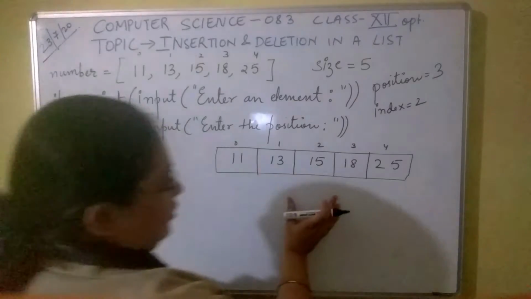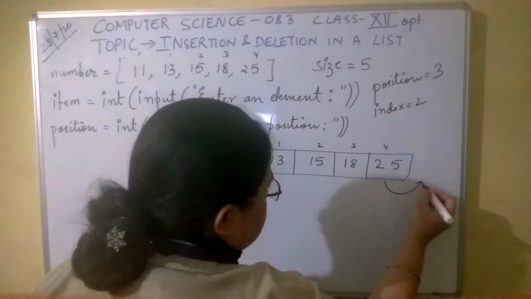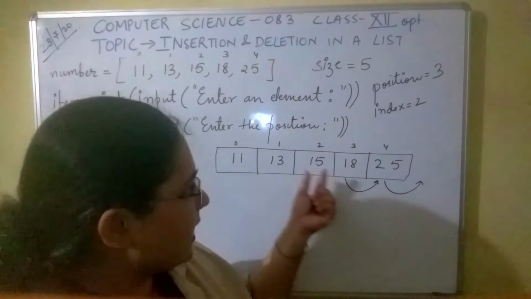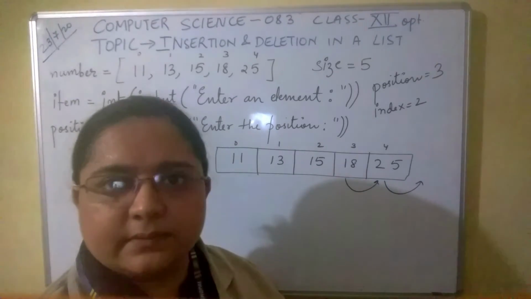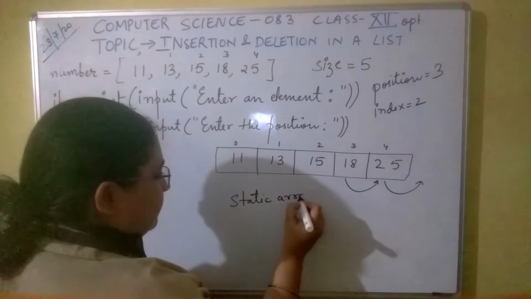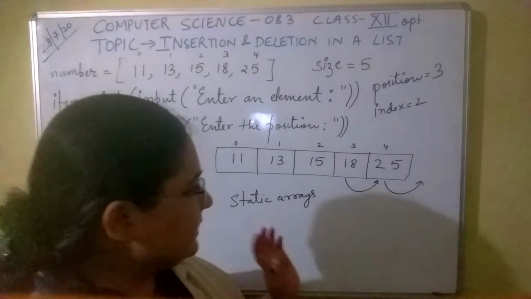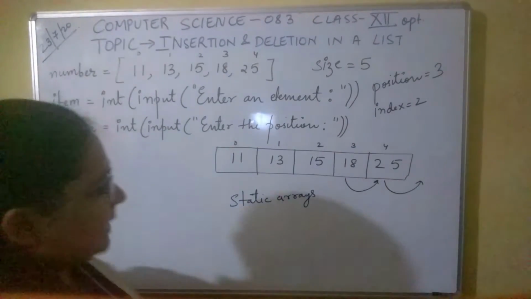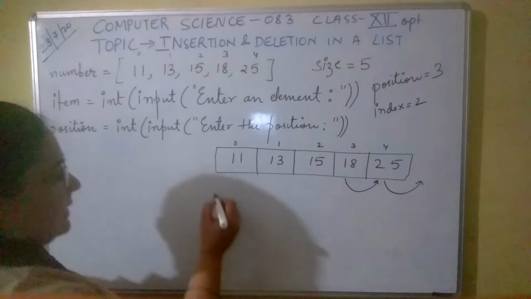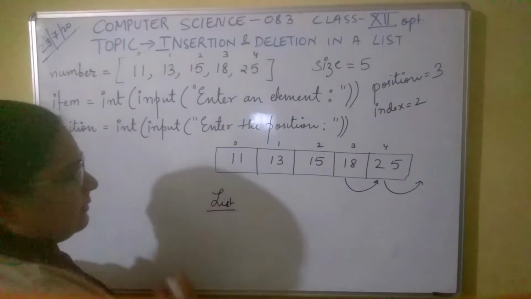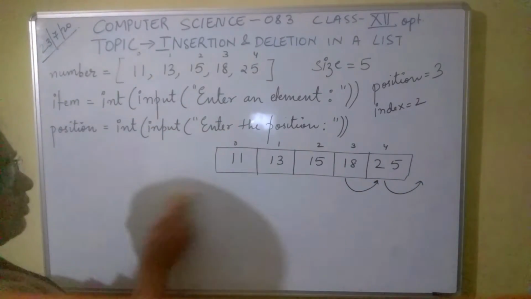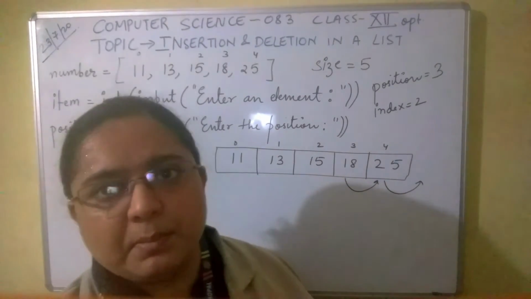Now in the traditional approach, we had to shift all the other elements towards the right hand side by one place, so as to create an empty space over here and insert the value. That was done when we used static arrays. We have already seen how to do this, but in Python we don't use static arrays; instead we use linear lists, and lists are dynamic in nature. That is, they dynamically adjust their size or resize themselves the moment any element is inserted or deleted.